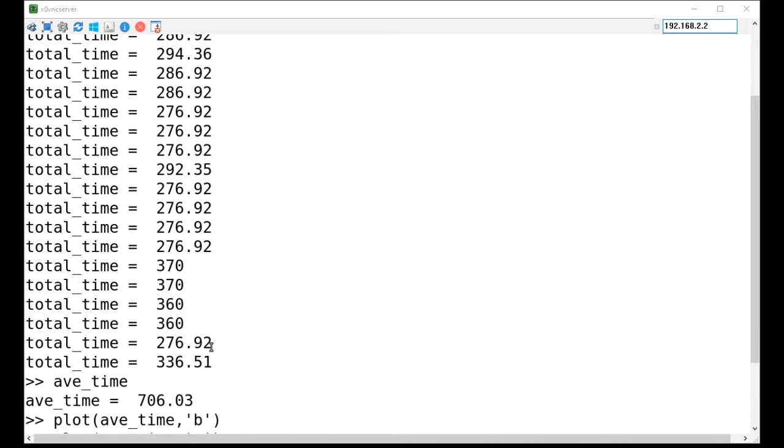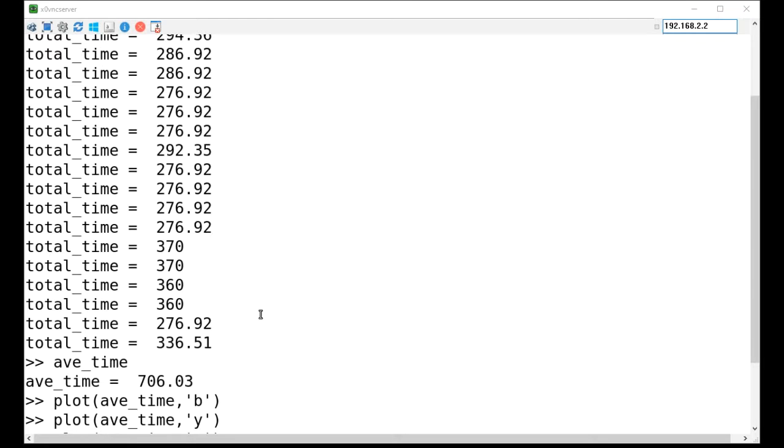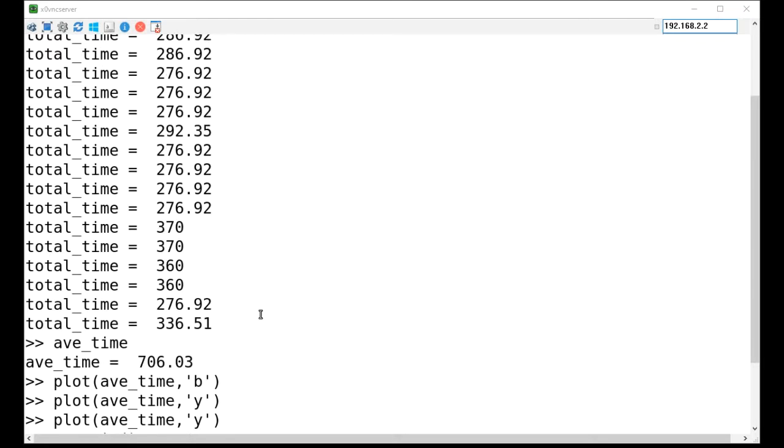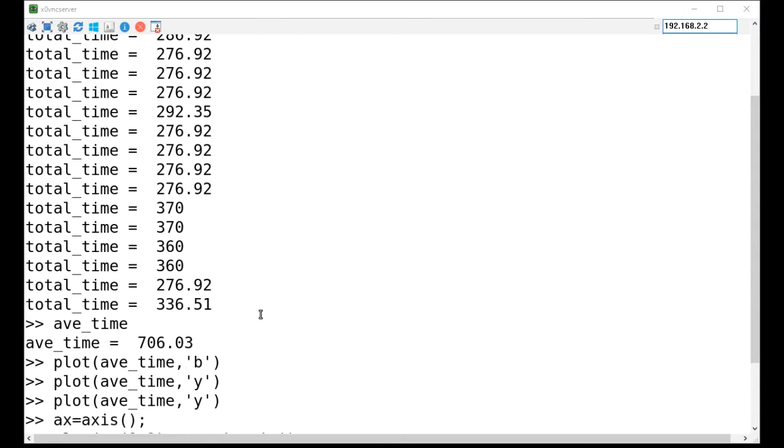Maybe it did plot and it's just a color. No, I'm not seeing it plot there. Okay, so not sure why it's not plotting the average at the moment here, but